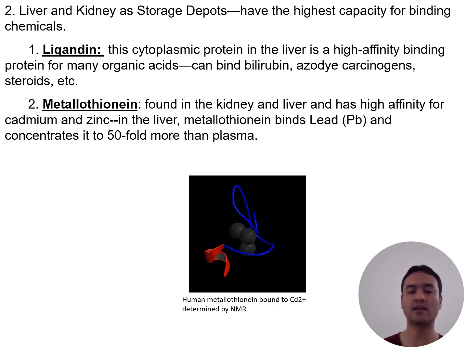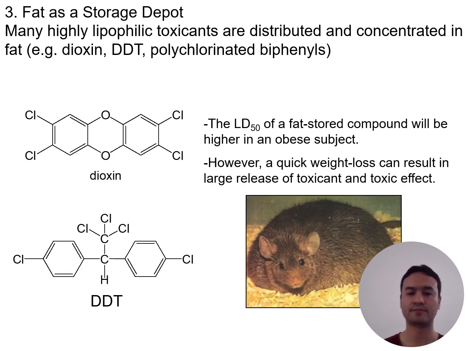Liver and kidney are also two popular storage depots in the body because they have the highest capacity for binding chemicals. For example, they have high cytoplasmic proteins, ligandin and metallothionein, that can have high affinity for certain kinds of toxicants or chemicals. Fat is also another popular storage depot, especially for lipophilic toxicants. For example, dioxin, DDT, and